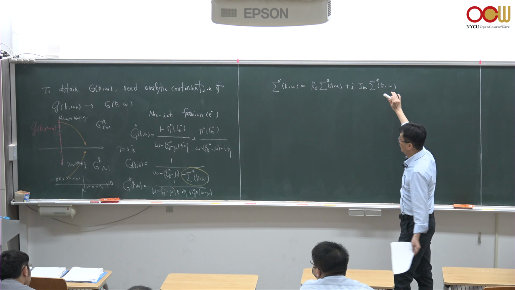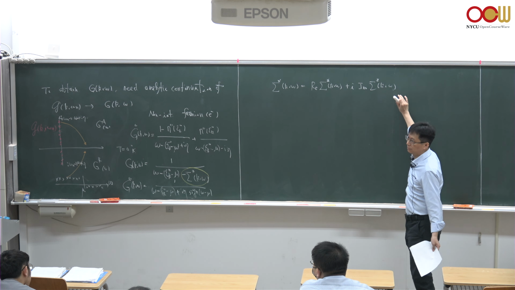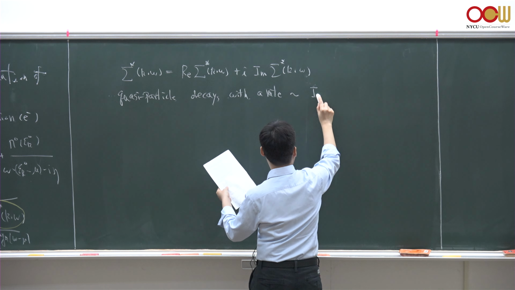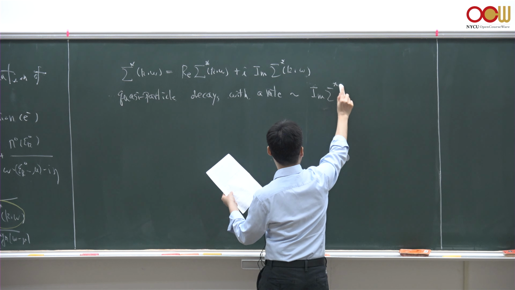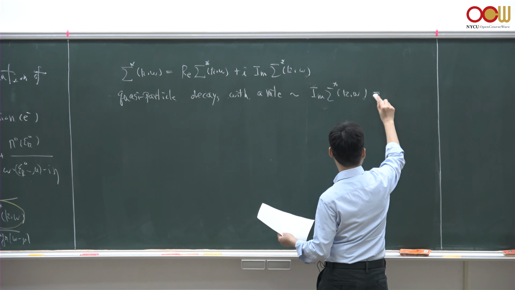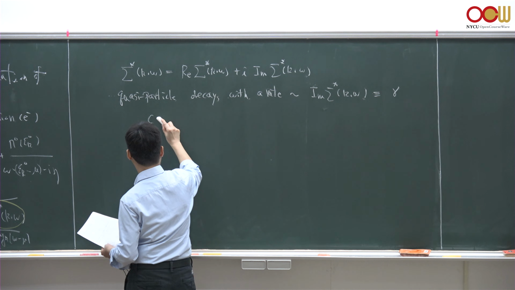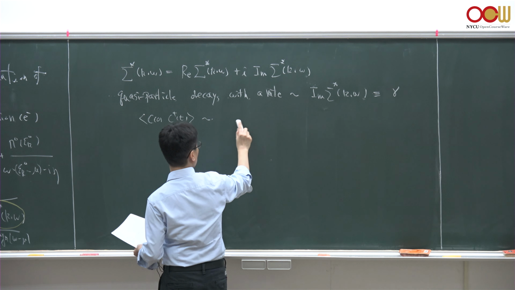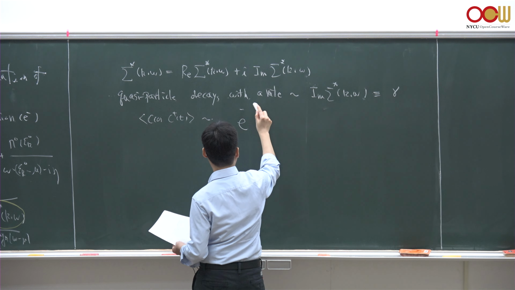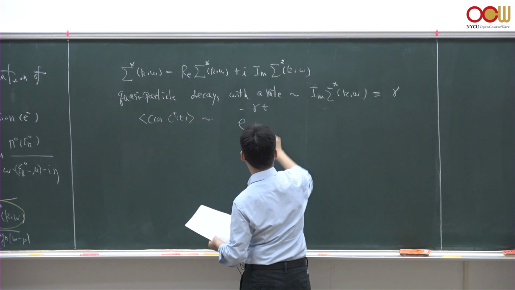And it is this imaginary part of sigma star which gives you this quasi-particle decay, with a rate which is proportional to the imaginary part of sigma star, which we call gamma. So if you calculate, say, some kind of correlation function, there will be an exponential decay, e to the minus gamma t, like this,